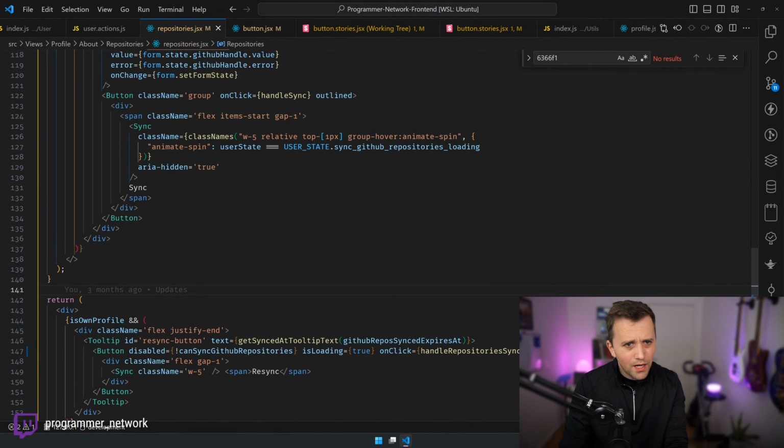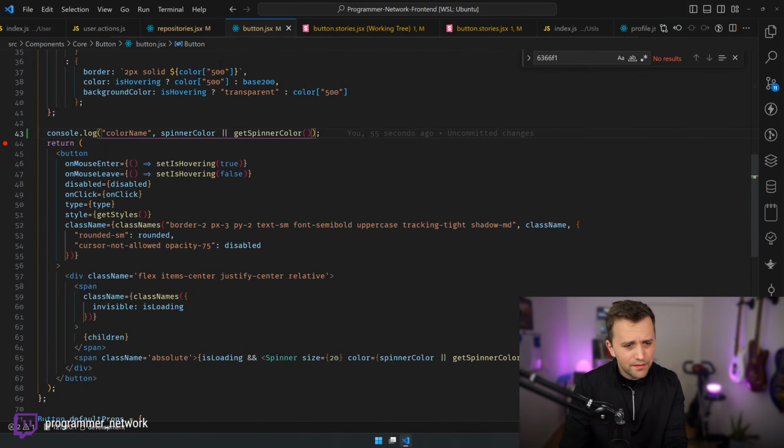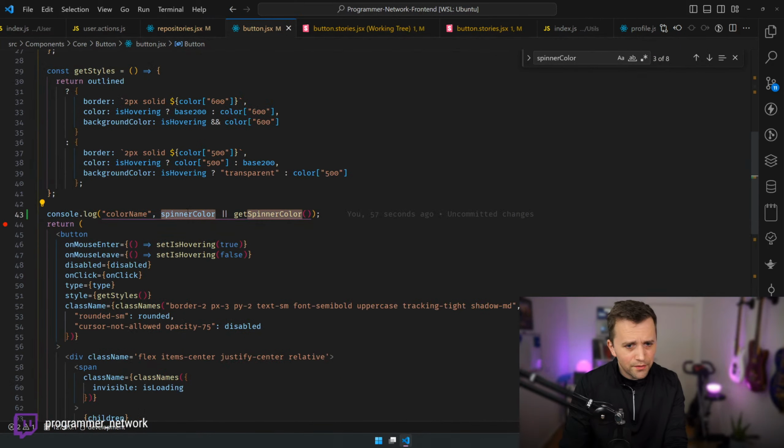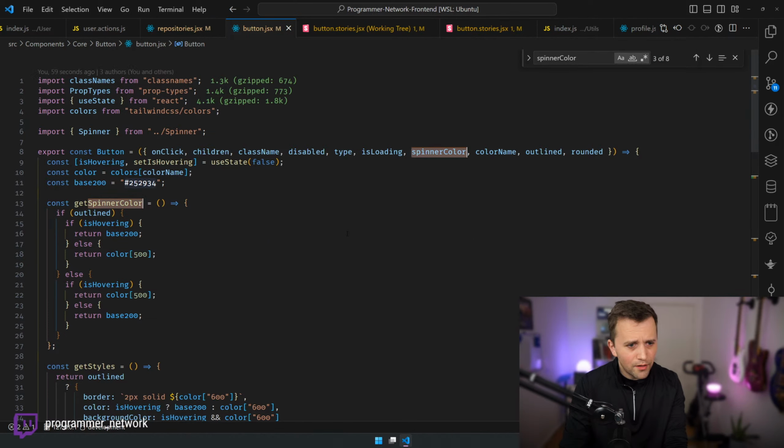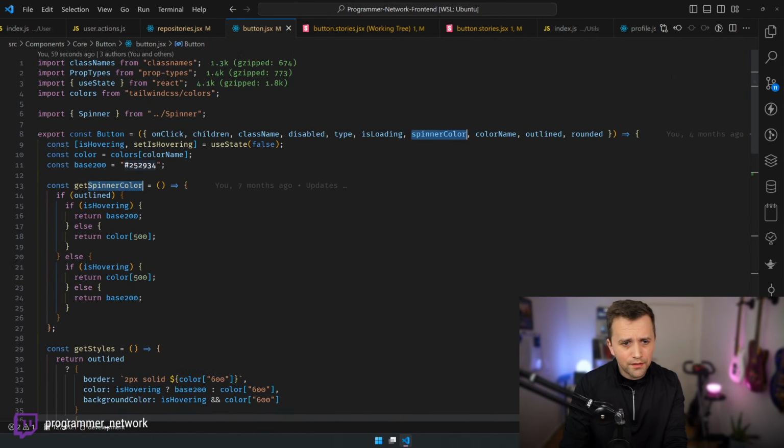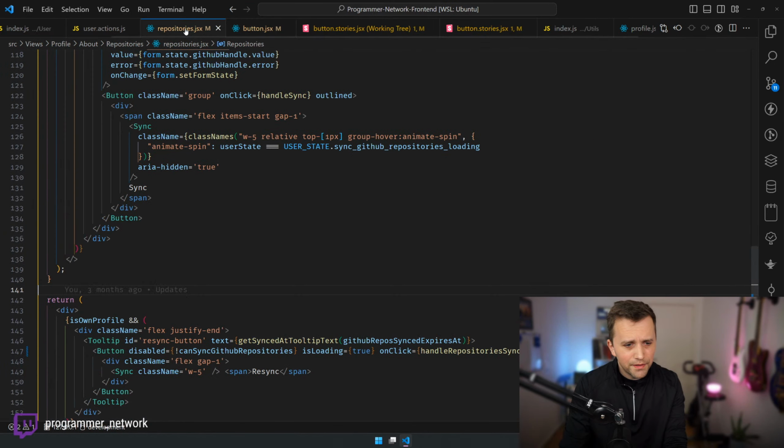I wonder why that is happening though. Spinner color. Is this a prop that I'm passing? Yeah, I'm passing a spinner color, but that's the thing.